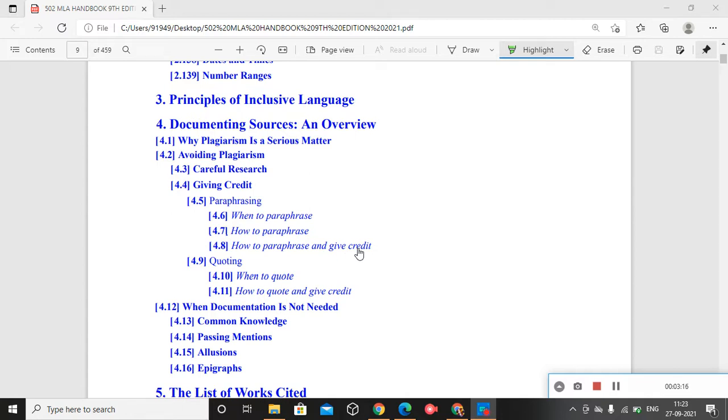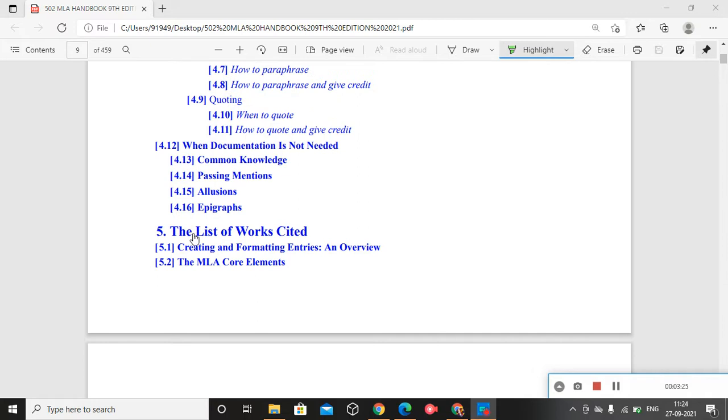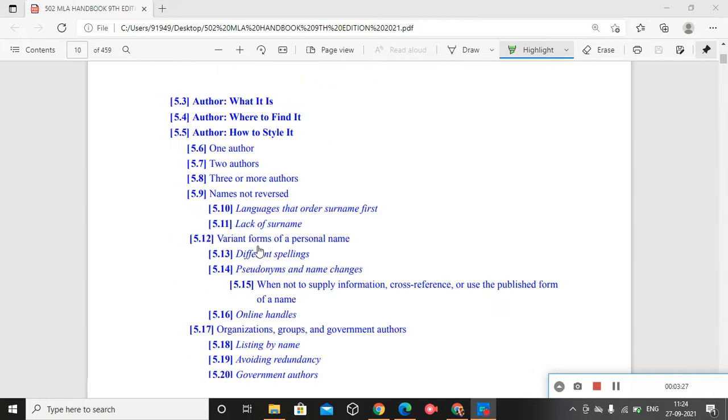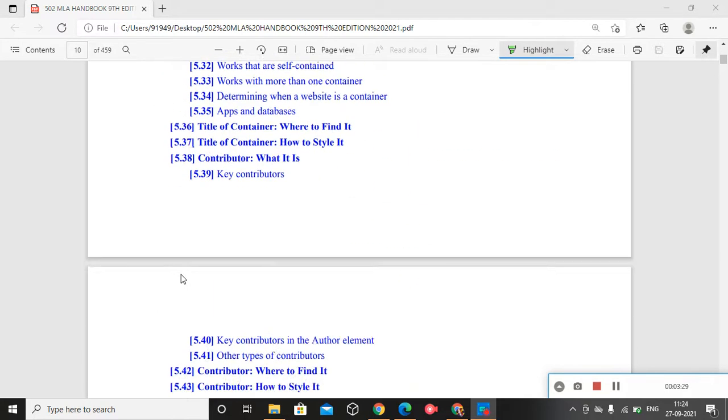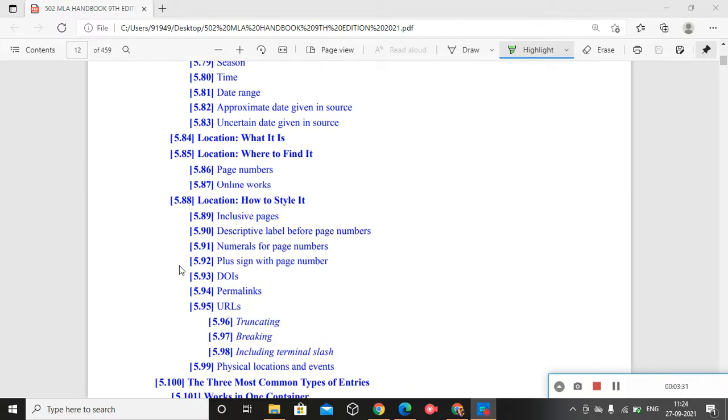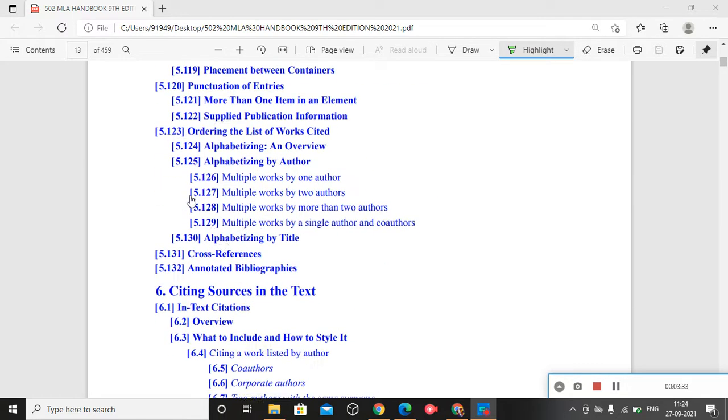But before that, we have to go directly to the fourth part, documenting sources, an overview, and then the list of works cited, then the sixth main part. See how long it is. How many topics are there? Citing sources in the text is even more important.